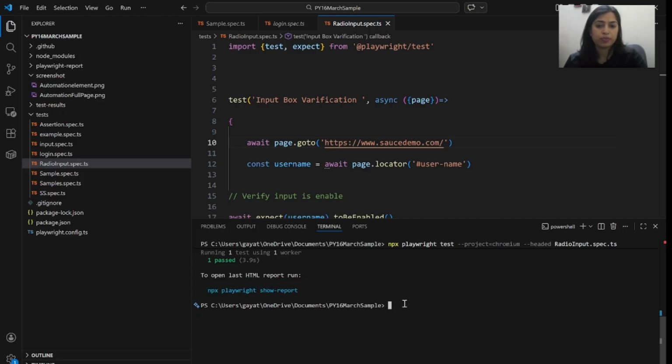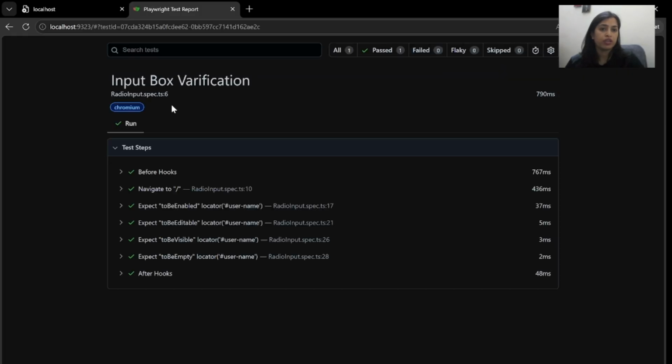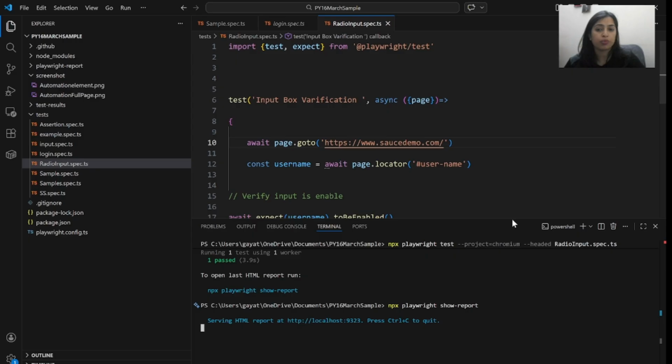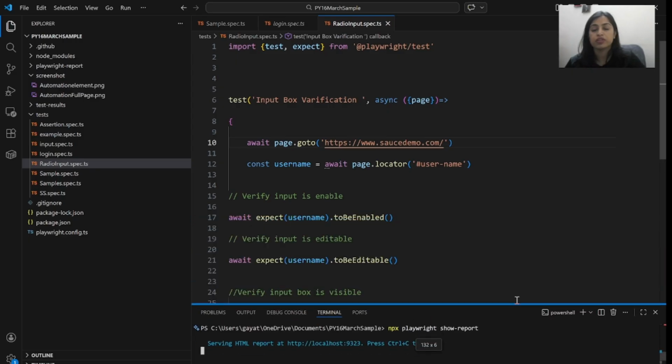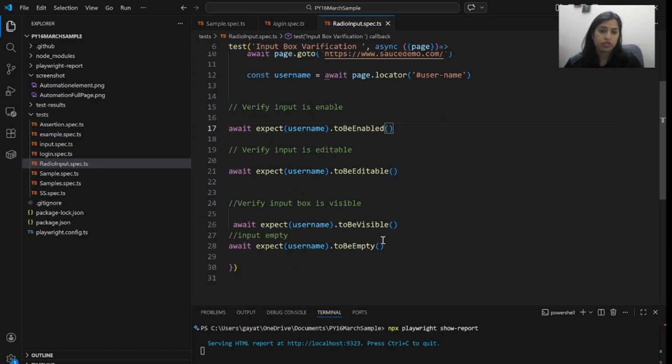Though it is showing as passed, it means it is passed, but we will see our report. How can we see the report? We have to use this particular command. So here, input box verification and all the validations or assertions passed. So this is the way you can automate your scripts for the input box, right?